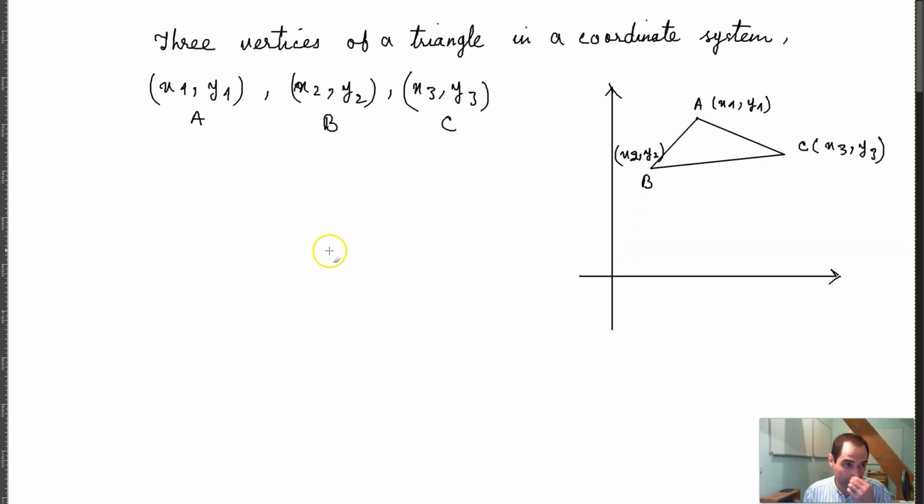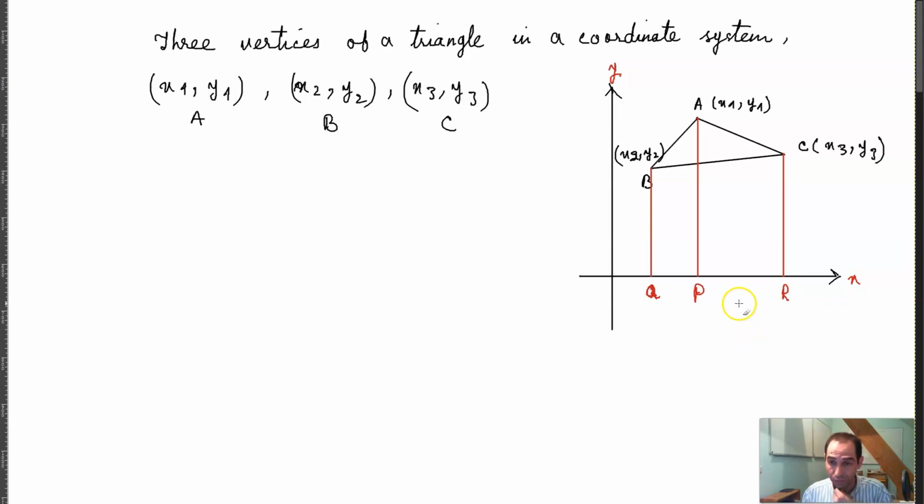Now suppose that this triangle is in our coordinate system. If I draw these perpendiculars to the x-axis, so this is the x-axis and this is the y-axis, and I call this point Q, this point P, and this point R,